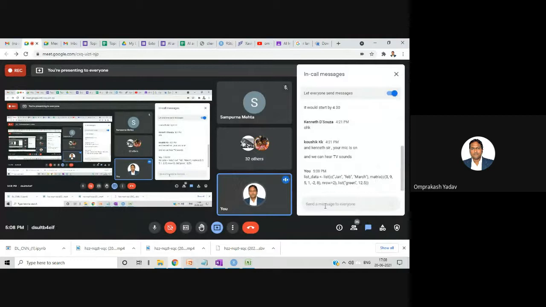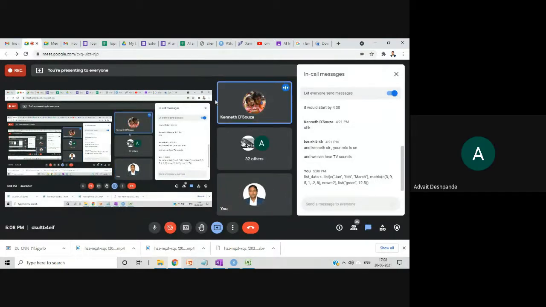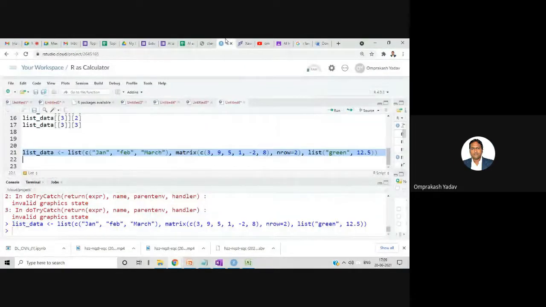Okay, so all of you can copy from here. So the list inside the list is also a collection, no? Right. Okay. So in this particular list, I have combined almost everything like matrix. I have combined even a list itself, and then I combined one vector, right?